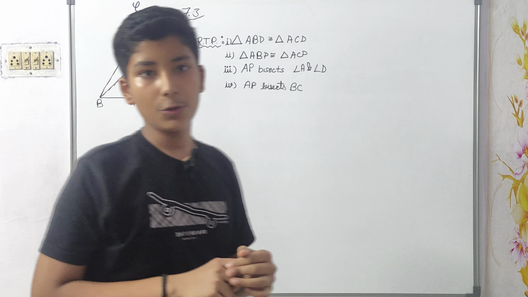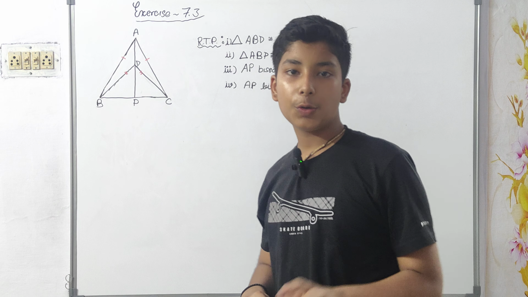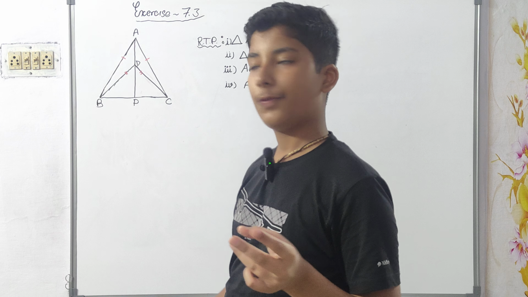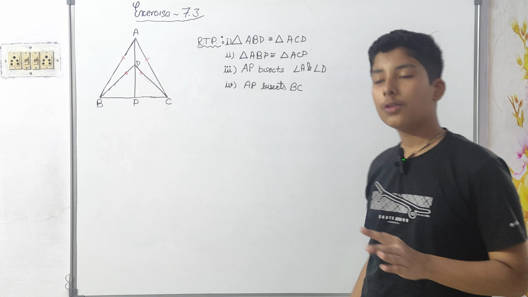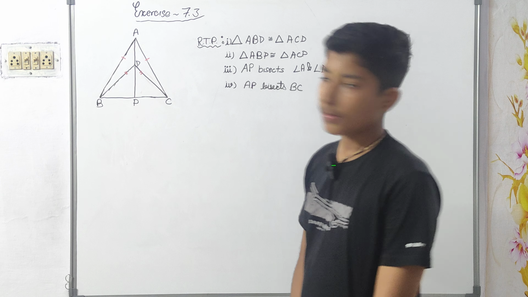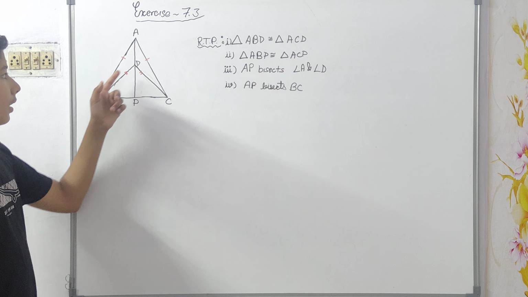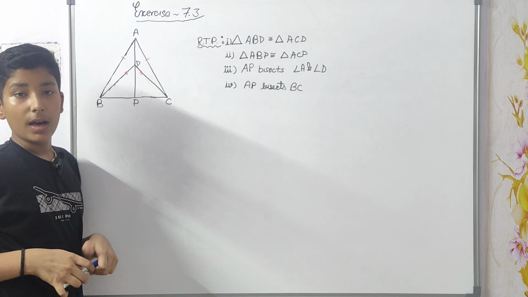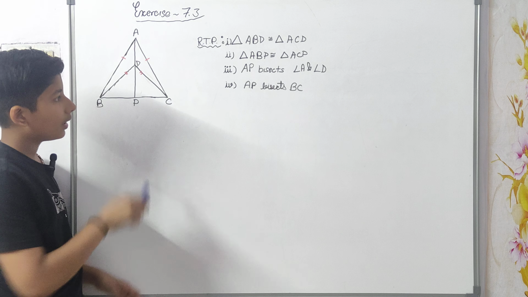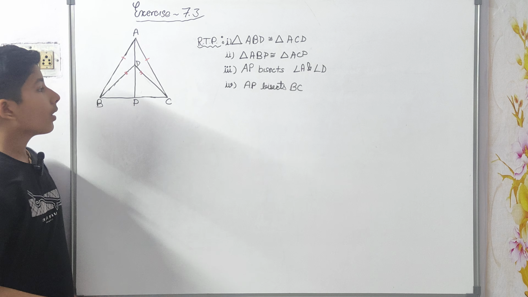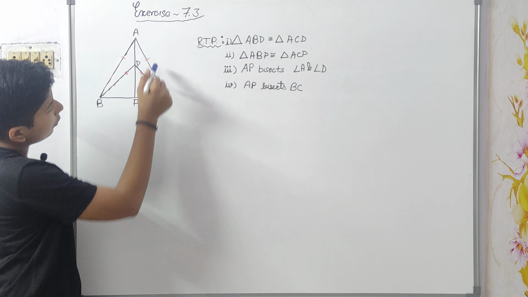So our exercise 7.2 is totally completed and there were total 8 questions, but in this exercise there are only 5 questions, but they are a little bit longer and confusing. So no need to fear, I'll tell you all of these questions. So this is our first question, and there is a triangle in which there is one more triangle. So ABC is a big isosceles triangle, and inside it there is a small isosceles triangle which is ADC. Means these two sides and these two sides are equal.